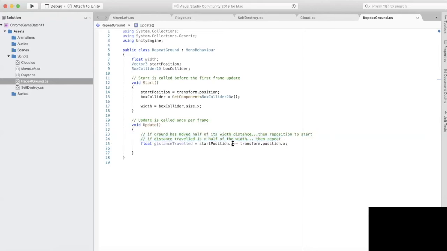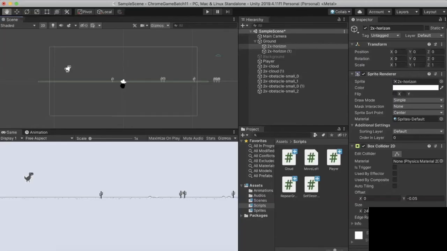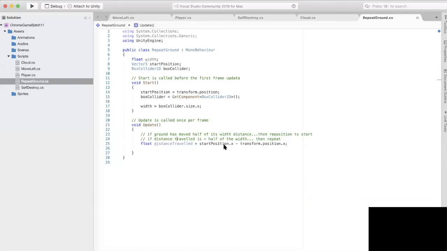Okay, so distance traveled. Whatever is the initial x position, which is 0 here, if I play the game, the x position will keep on decreasing. Because transform dot position dot x values keep on decreasing, I will subtract it: initial minus this, and it will give you the distance traveled. And if this distance traveled is